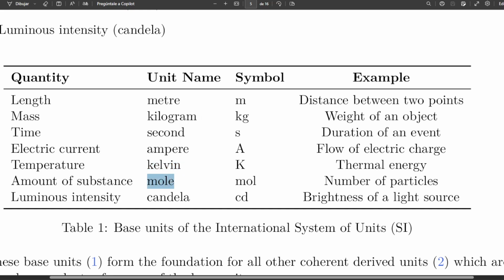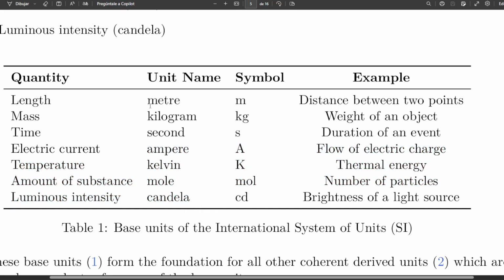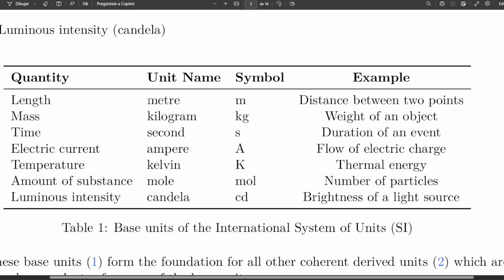Also, amount of substance, mole, what is this? We're also going to cover this in this course. And finally, candela, about luminous intensity. So these four are probably quite new to you, but you probably know length, mass, and time, which are the